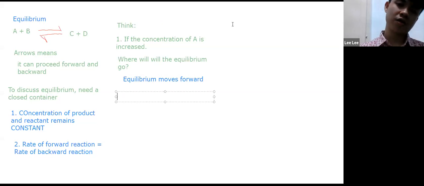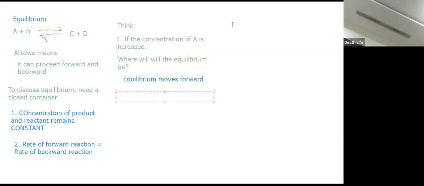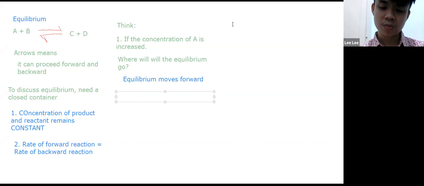When you add the concentration of A, A and B will collide and react with one another. After they react, they will produce more product, right? Yes, they produce more product. So when they produce more product, we say the reaction proceeds